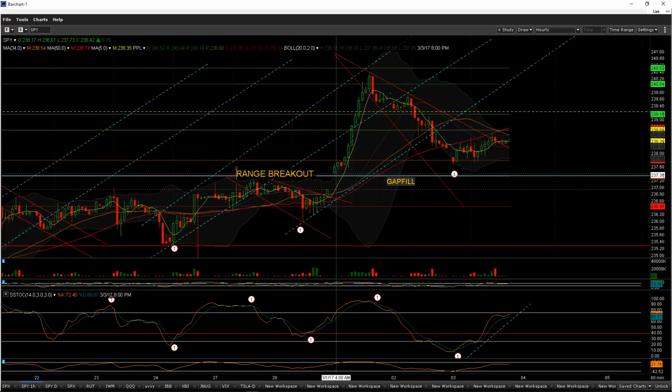This was your range right here, right? This one and lower range, 235,